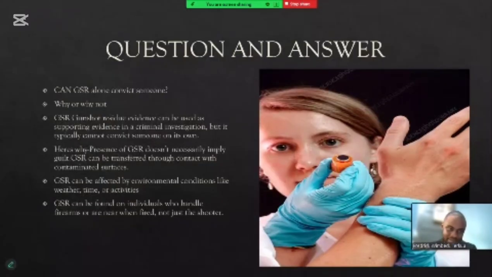Thank you. There are a few questions and answers, and these talk about why or why not gunshot residue can serve as evidence. So here you can see that there are limitations. Environmental conditions can also contribute to why or why not gunshot residue can serve as evidence. One of the questions is that GSR evidence can be used as supporting evidence, and that's true in criminal investigations. And here's why: the presence of GSR doesn't necessarily imply guilt, and that's also true